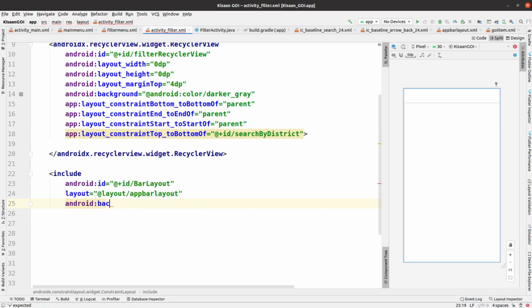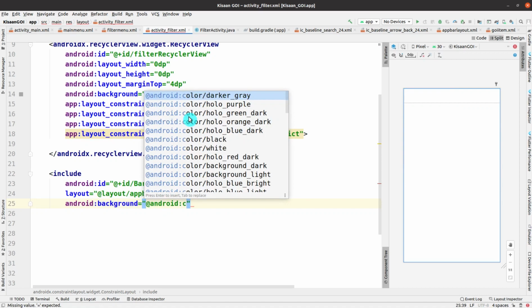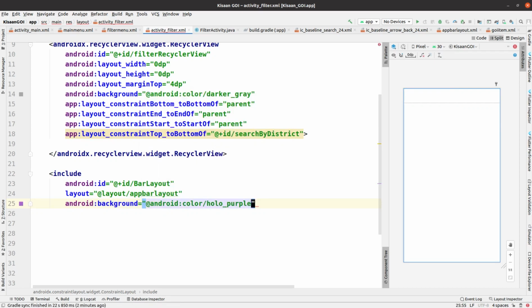So I have to add the background, and the background should be from the Android library color, then holo purple. Okay, so this is done.